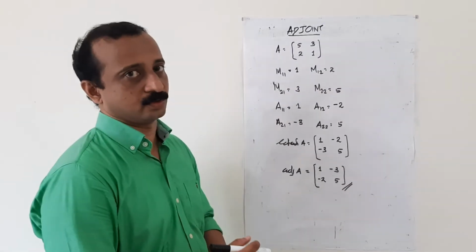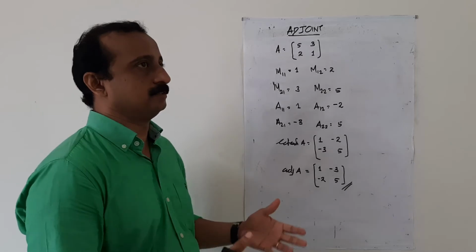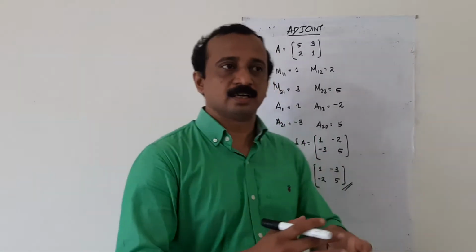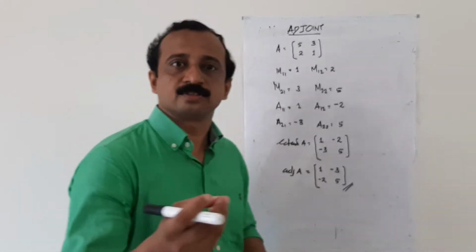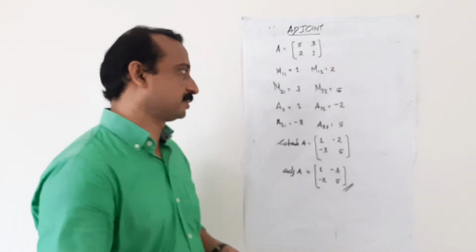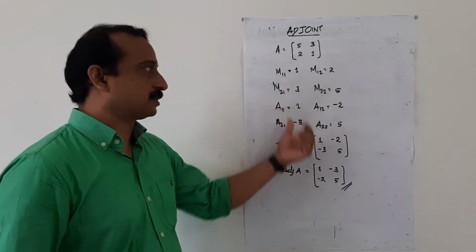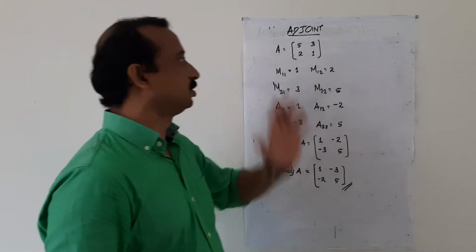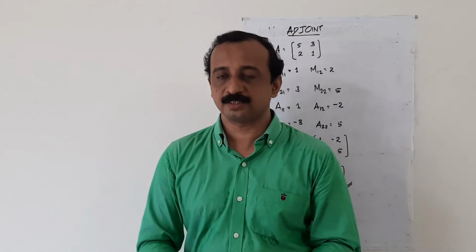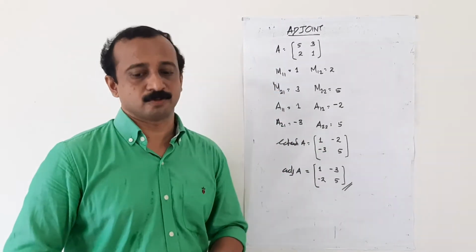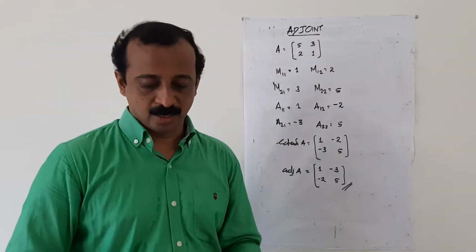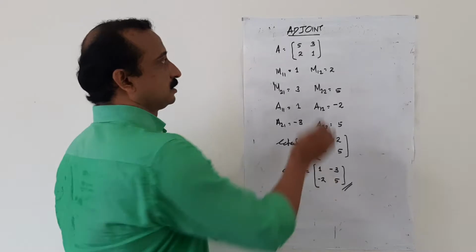their corresponding cofactor. Suppose inverse problems come, when there are such lengthy steps, adjoint is used as a shortcut, that will be discussed later. First of all, you follow the rules correctly here. Adjoint of a matrix is the transpose of a matrix obtained by replacing the elements of the given matrix by their corresponding cofactors. Okay, now discuss a 3x3 matrix.